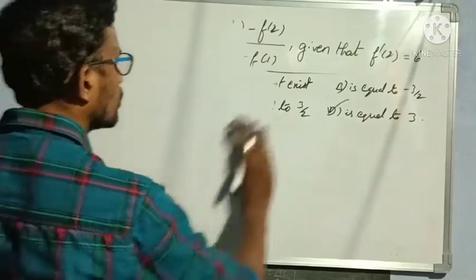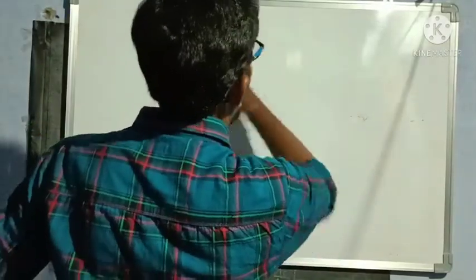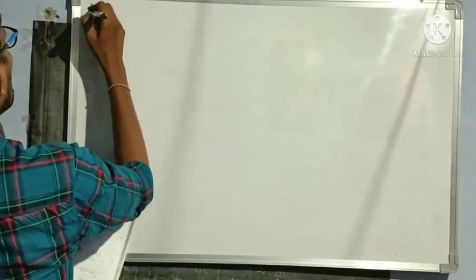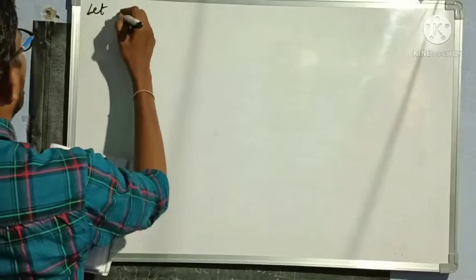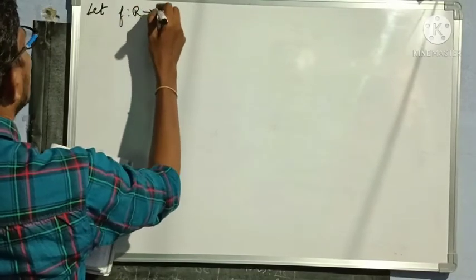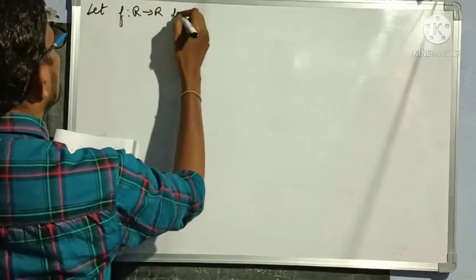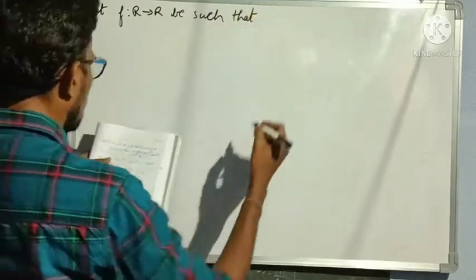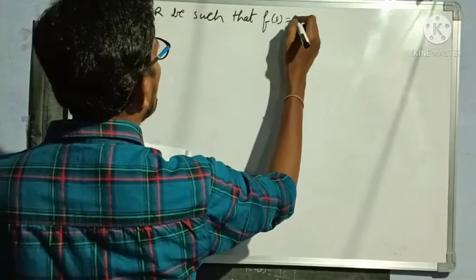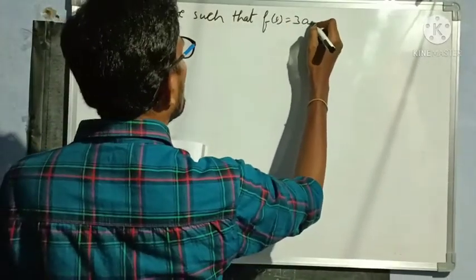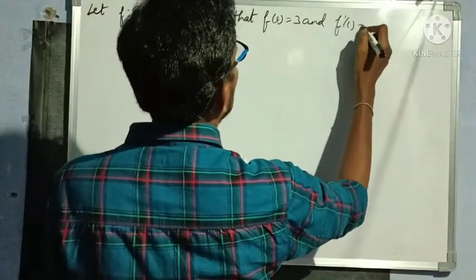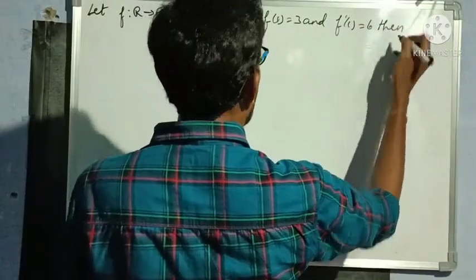Next example question. So I am writing the question now. Let f from R to R be such that f of 1 is equal to 3 and f dash 1 is equal to 6. Then